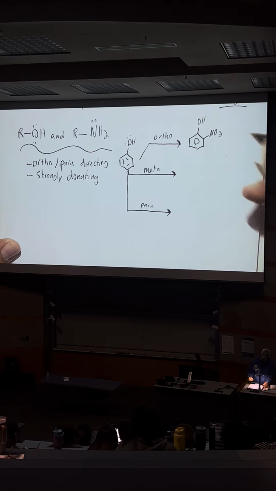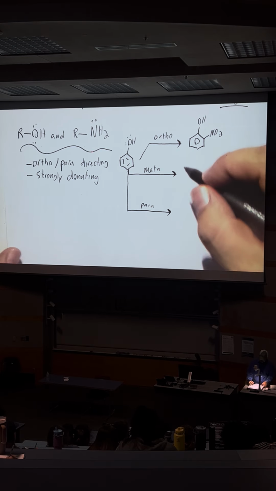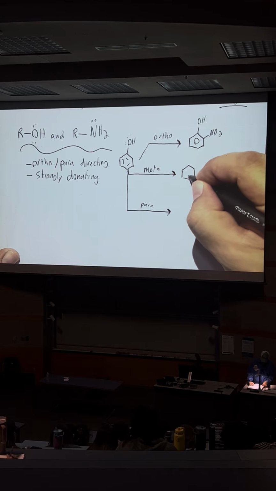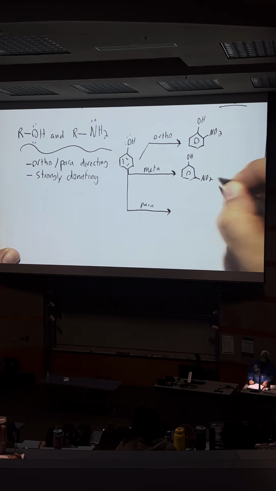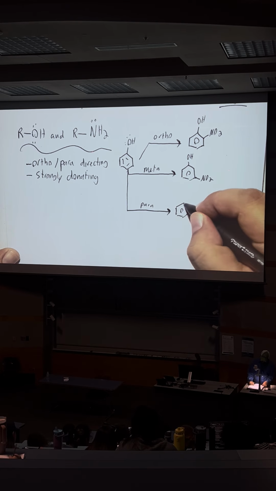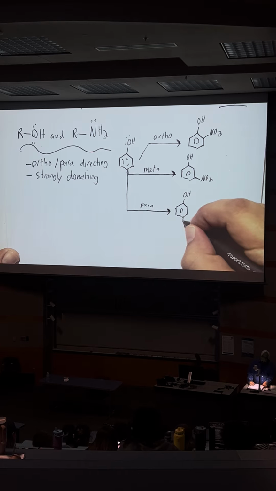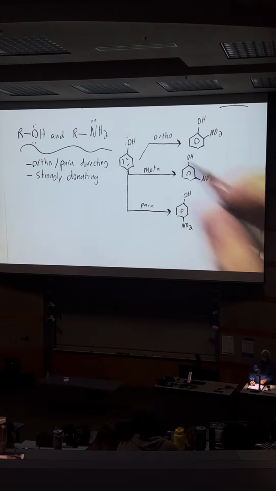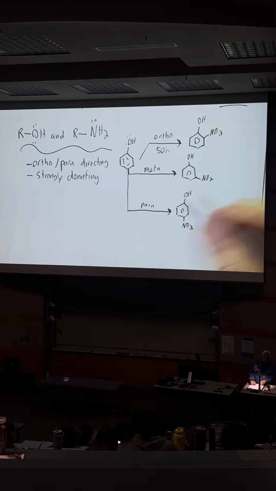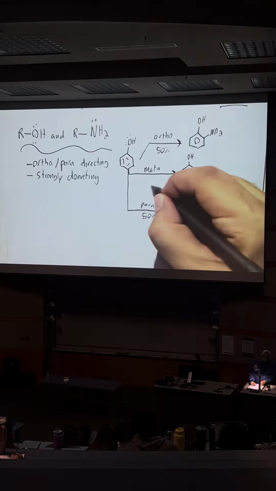We're going to subject it to sulfuric acid and nitric acid, so basically nitration reactions. All right. And so this ends up being 50, this ends up being 50, and you get 0% of the